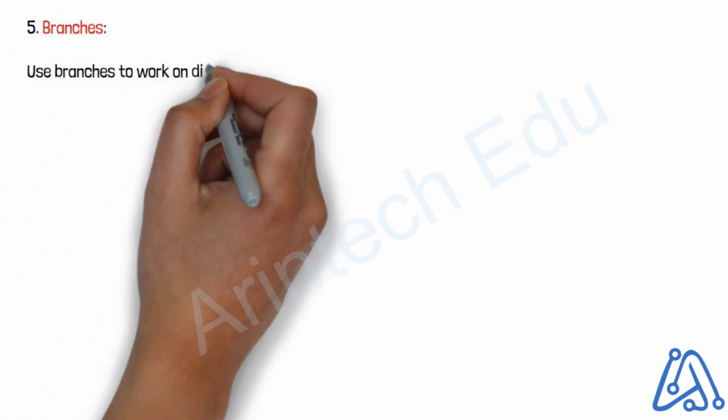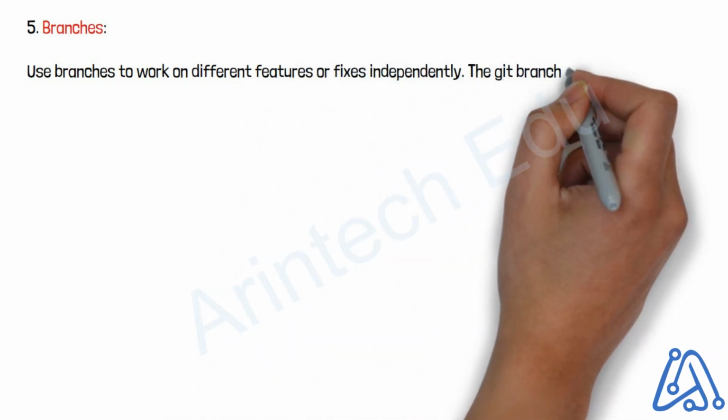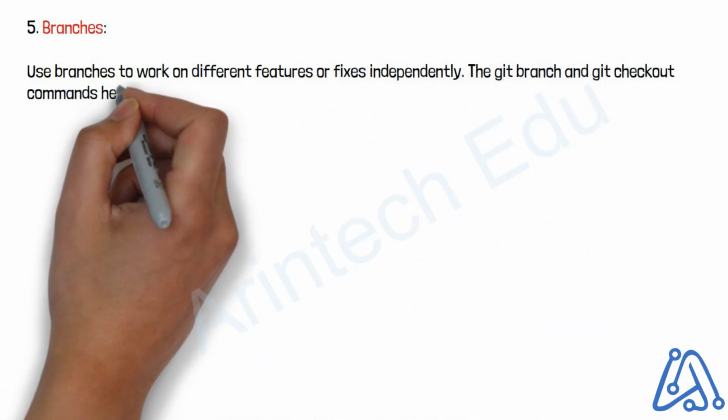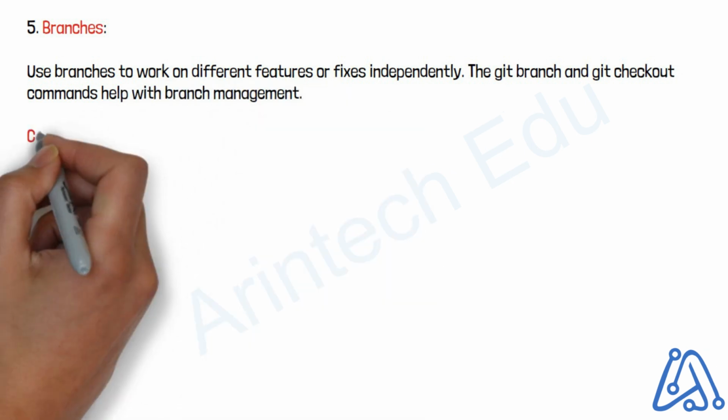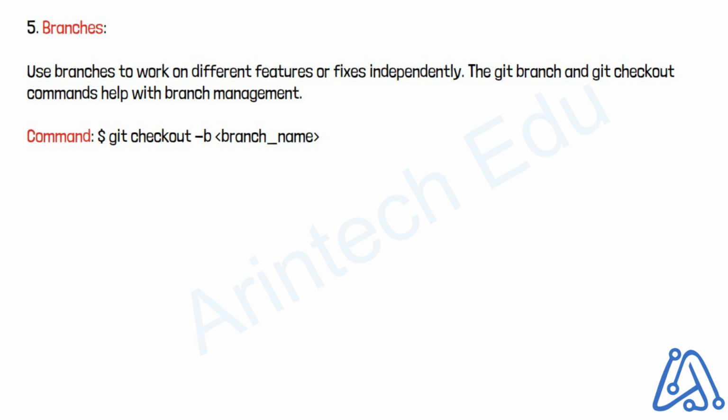5. Branches. Use branches to work on different features or fixes independently. The git branch and git checkout commands help with branch management. Command: $ git checkout -b branch-name